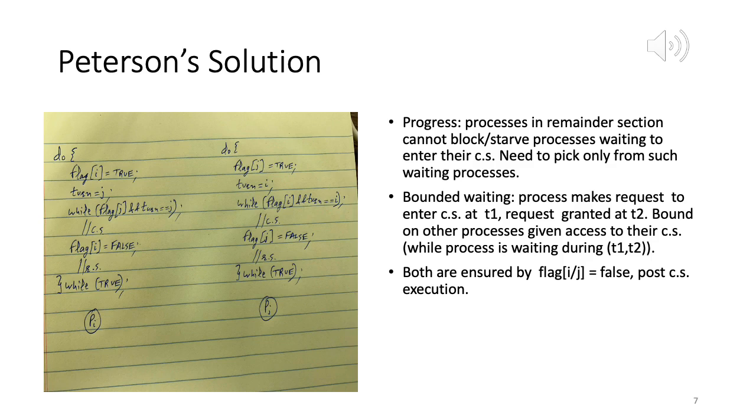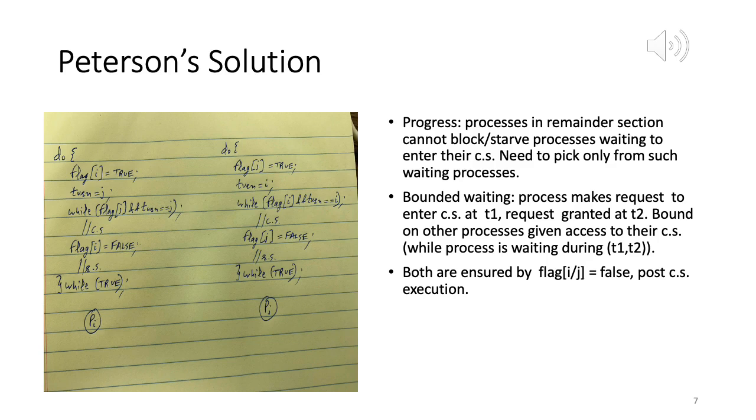So we can never have a scenario in which Pi keeps on waiting and Pj keeps on running one after the other. That will not happen because as soon as Pj gets out of its critical section, it immediately sets its flag as false and Pi will gain entry. And then once Pi gains entry, even if Pj is running again, flag i is true and turn is i. So naturally Pj has to wait.